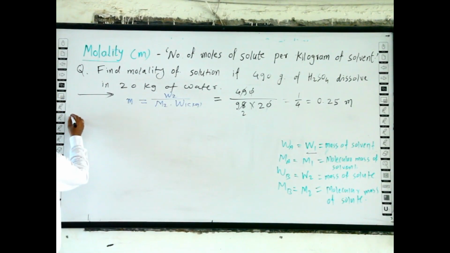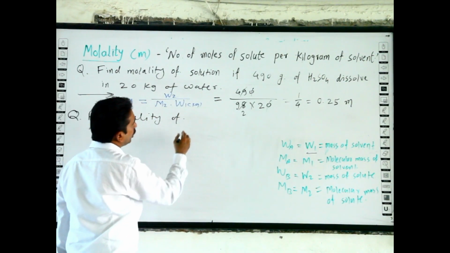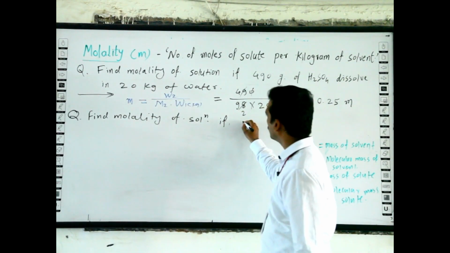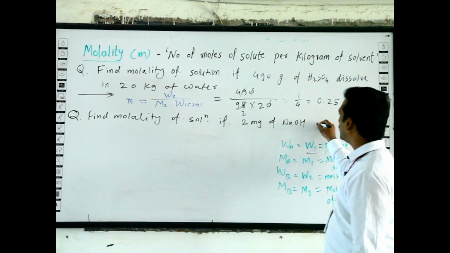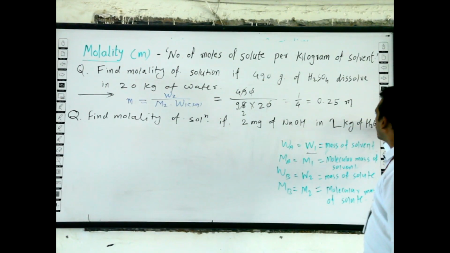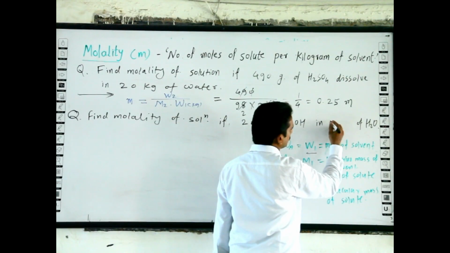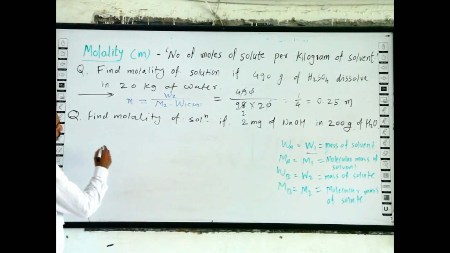Find the molality of the solution if 2 milligram of NaOH in 2 kilogram of H2O, or 200 gram of H2O. Here the formula will be